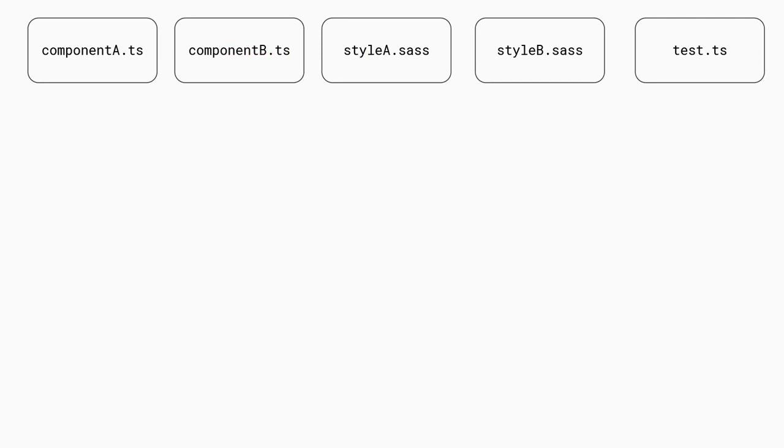Here's a quick example of what it does and what it's good at. This is an example JavaScript or front-end project. You have a bunch of TypeScript files, a bunch of Sass files, a bunch of tests. All of them need tools. We used to live in a world where we could send files straight to the browser. That world is gone. We all agree we'll be transpiling things because there are always new features coming. We always want to be a little bit ahead of what browsers support. So all of these files need transpilation.